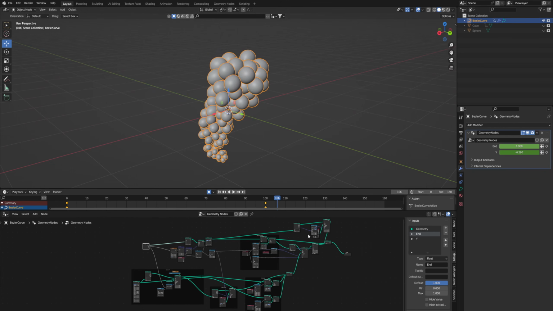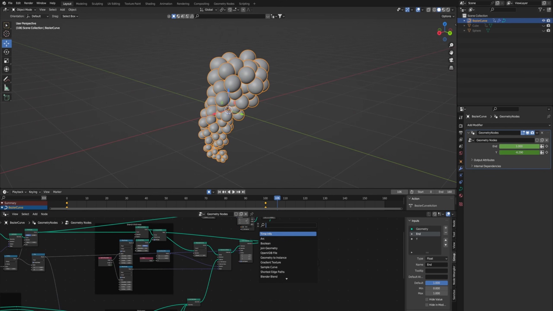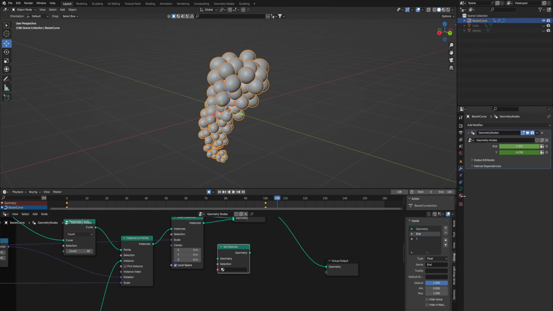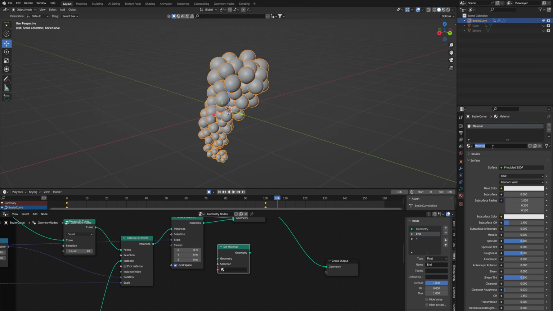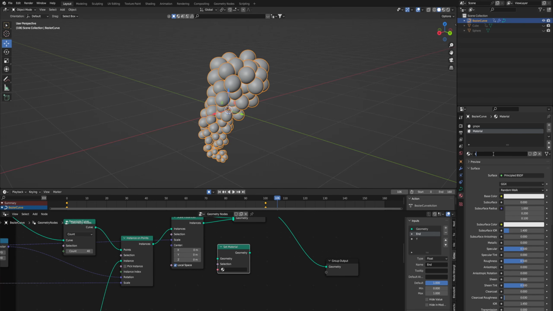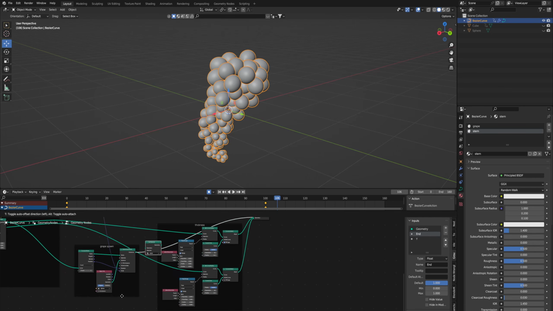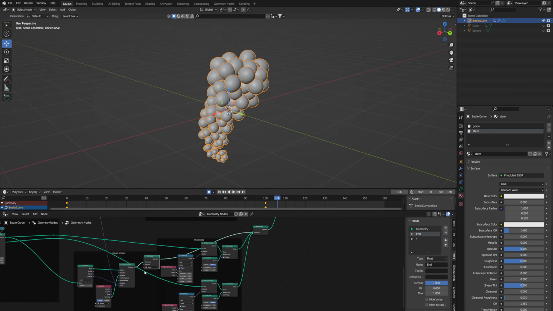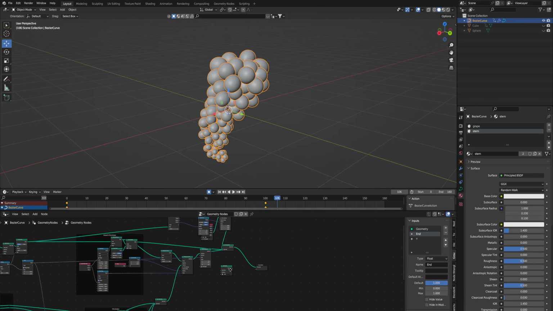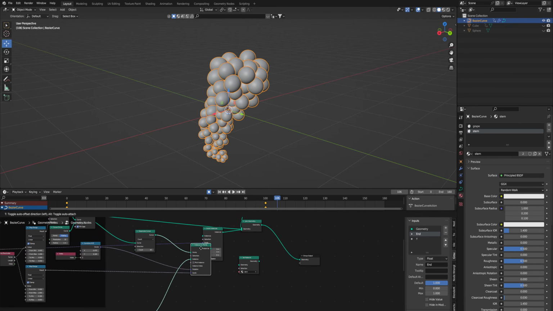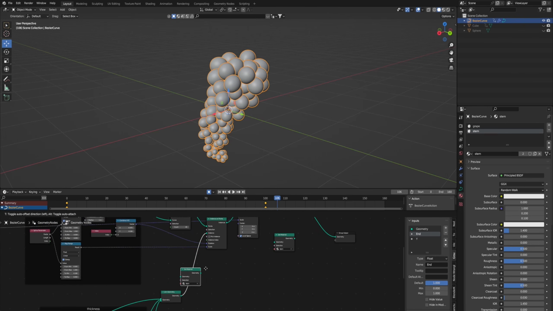So now for the materials, it's pretty simple. You just want to add a set material node. And we'll make a few materials here. We'll make one for the grape. Then we'll make another one for the stem. So we'll just duplicate this. So we'll do grape and stem. You can drag this over right behind the grape spawn, so those have a texture. And then everything else will pretty much just be this material.